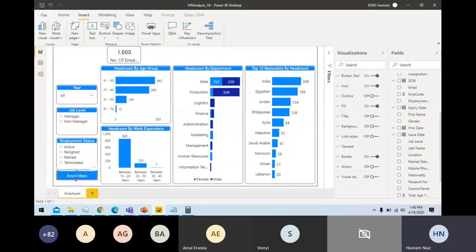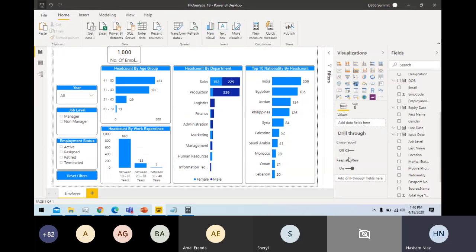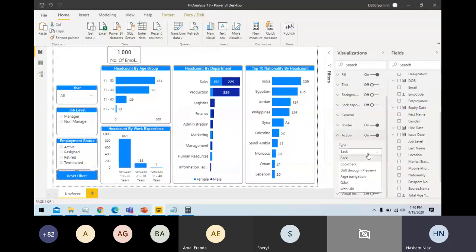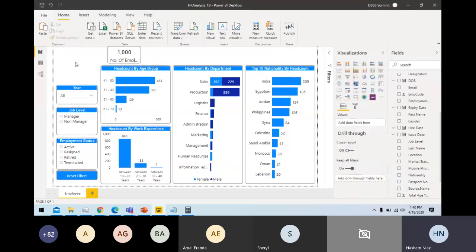So now if you want, you can actually turn on the action as well. So let's turn on the action and define some action here in my work. There are different kinds of actions. Like if I click here, it can go back to the previous screen, it can directly go to any web URL, it can directly go to any bookmark. So now I'm going to define some bookmarks, so I can actually set it to a reset page.